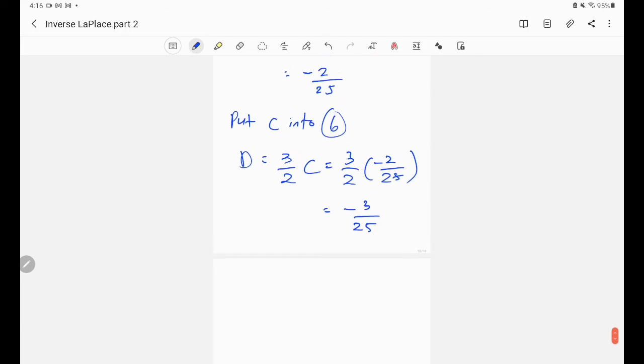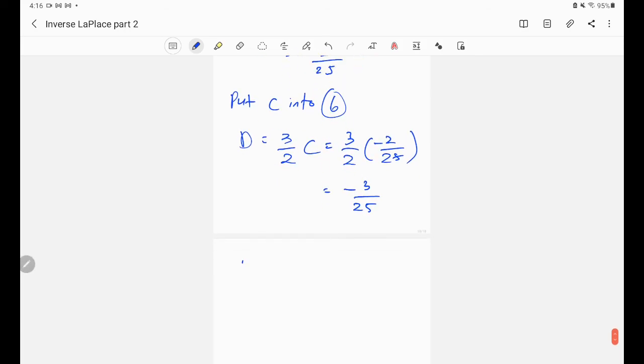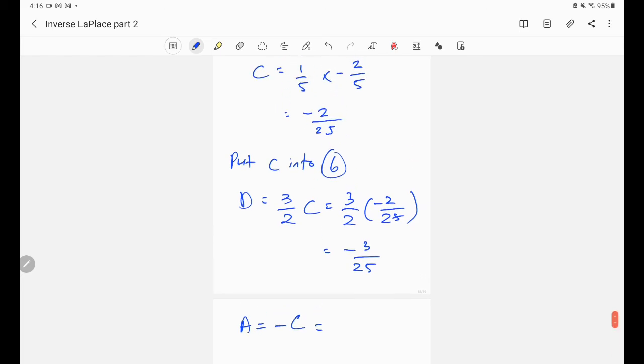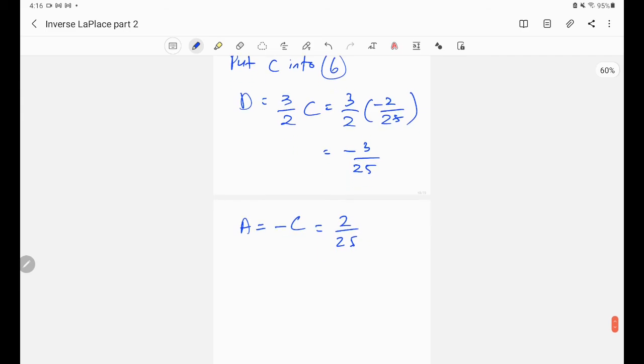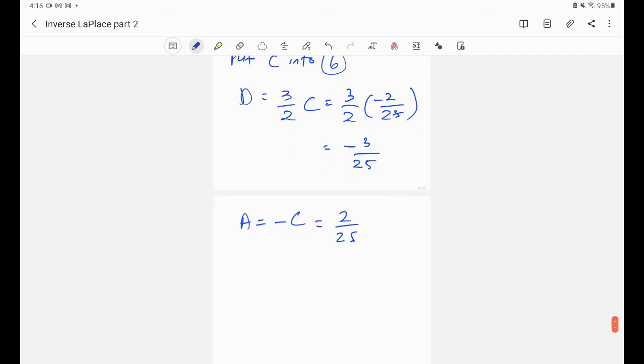Okay, so you have everything now, and you know that A is negative C, which means A is equal to 2 over 25. So now you have all of the A, B, C, and D's. You just have to rearrange them into the final form. So now we have